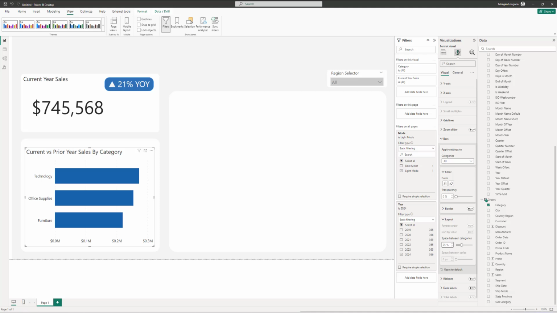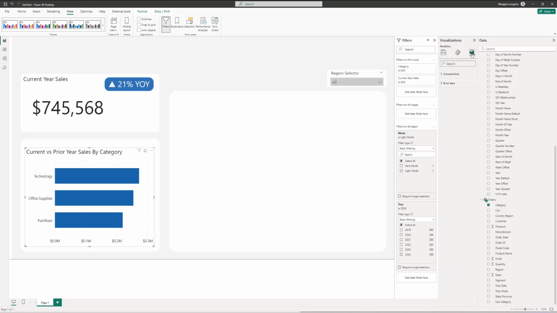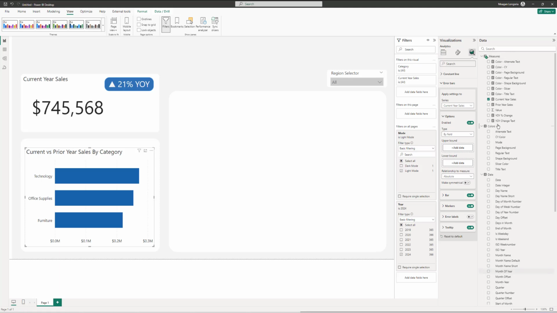No data labels. Now I need to add the prior year. So I used error bars for the prior year, which are in the analytics pane. And if you open up error bars, you'll see the series. There's only one series in my chart. I'm enabling it and looking for prior year sales. The relationship is absolute. Then when I go down to bar,